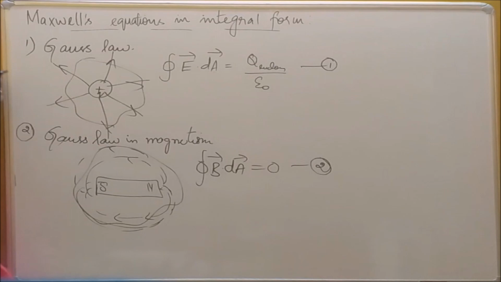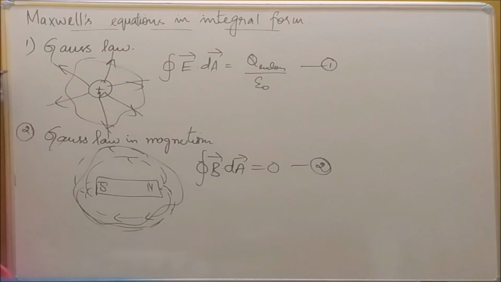Why? Because the surface integral of the magnetic field around any closed surface is equal to 0. Here the field forms a continuous closed path, whereas in Gauss law in electrostatics it does not. And one more thing: in electrostatics an isolated point charge, a monopole, can exist. But here no isolated magnetic monopole can exist, because a magnet has two poles, one north and another south. This is the second equation of Maxwell's equations.